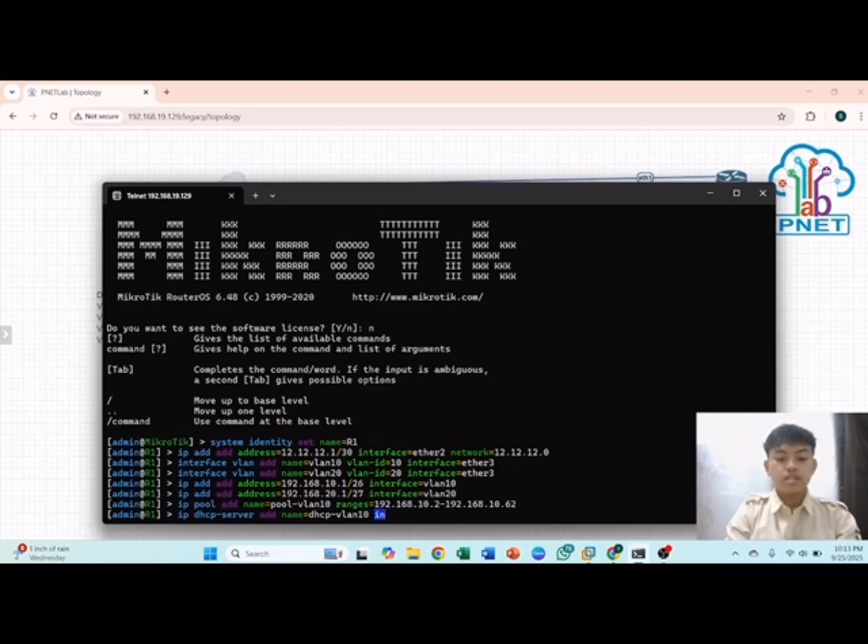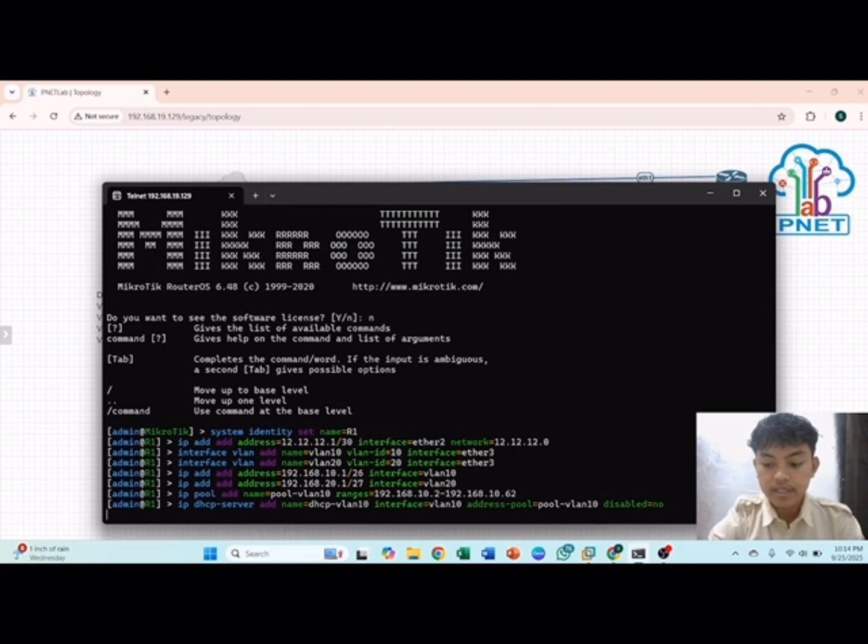The interface is VLAN 10 and the address pool is pool VLAN 10, and disable no. And click enter.